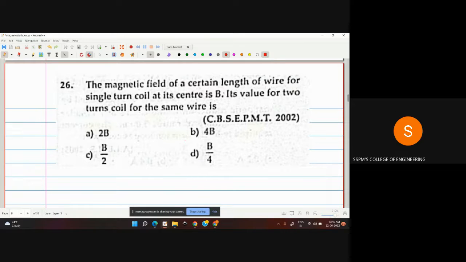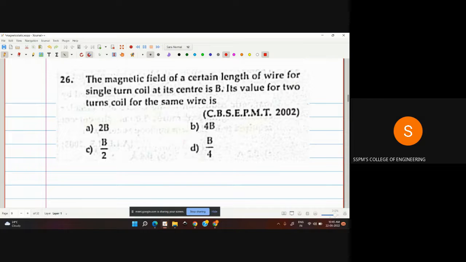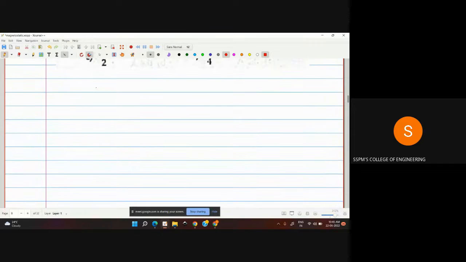So let's move to the next example. The magnetic field of a certain length of wire for a single turn coil at its center is B, and its value for a 2 turns coil for the same wire is. आता इथे काय केलेलं आहे बघा, एक कॉइल दिलेला आहे. सर्क्युलर कॉइल इज गिवन. It carries a current of I, and if there is a current in a circular path, then